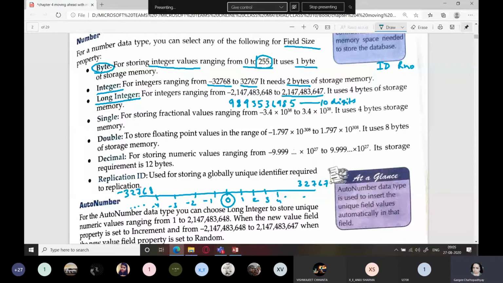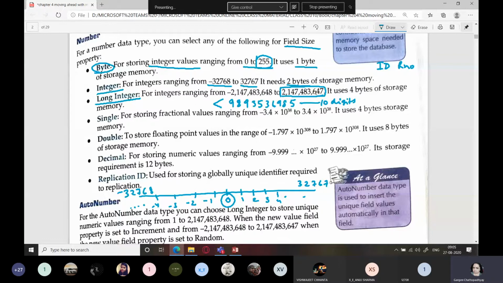Here also we have 10 digits only, and the last number which you can save is 2147483647, which is less than the mobile number. That is why that field was not accepting long integer, and we had to set it to text.